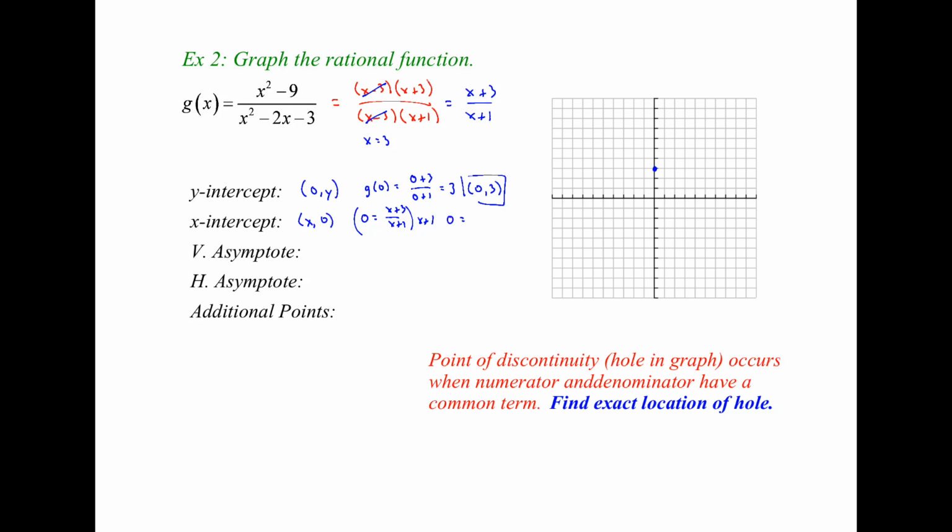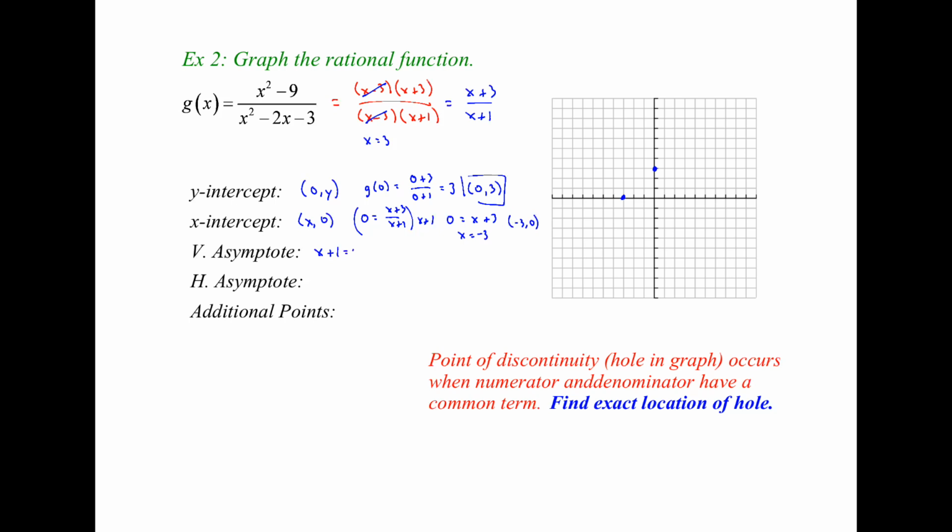So 0 times x plus 1 is 0, and then you're left with 0 equals x plus 3, and then you will subtract 3. So it looks like your x-intercept is at negative 3, 0. Vertical asymptote,